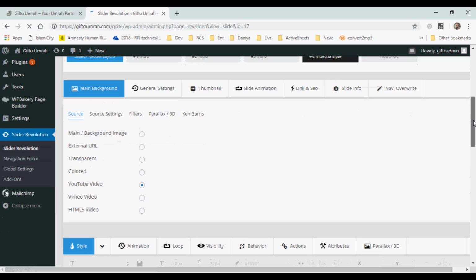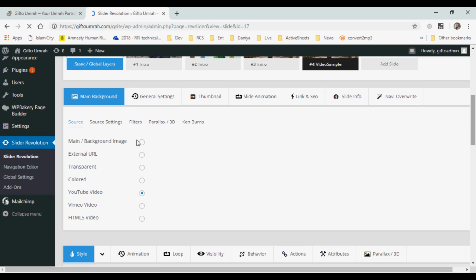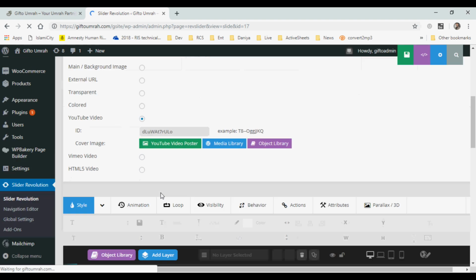And here, as you can see, instead of main background or image, the option called YouTube video is selected. So you can select any video from YouTube, or if you create a new video, you can upload it to YouTube and give the URL here, and that will basically load as it is here. So you need to just give the ID. For example, if you go to any YouTube video,